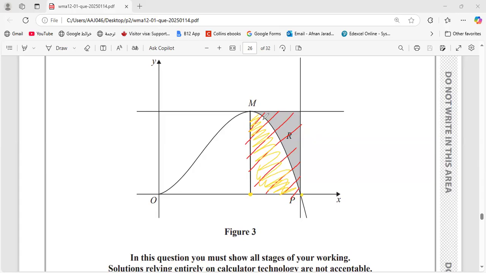If you subtract the red area minus the yellow area, you will find the shaded area R. So the shaded area R equals the rectangle area